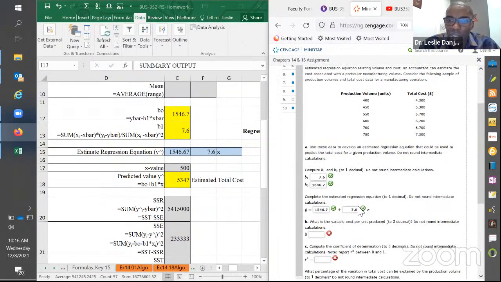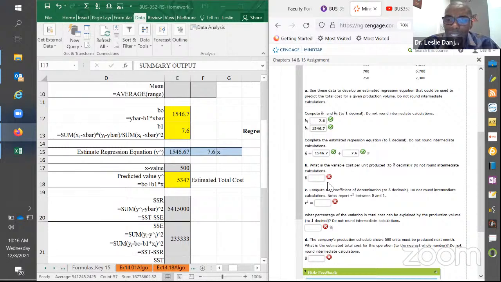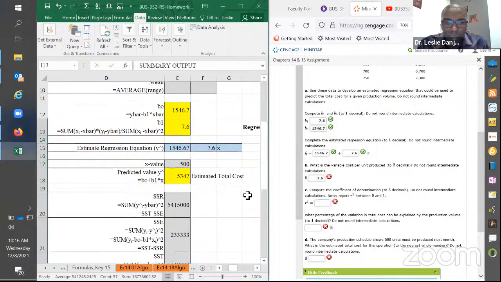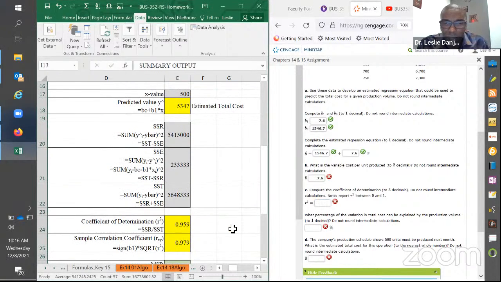Outstanding. All right, now right here, what is the variable cost? That is your slope. How does X relate to Y in essence? What's the variable cost? So that one is 7.6. What is my R squared value? All right, R squared is this guy right down here. This one is